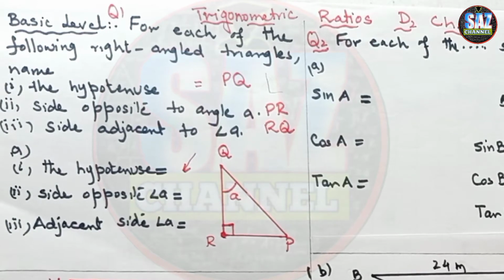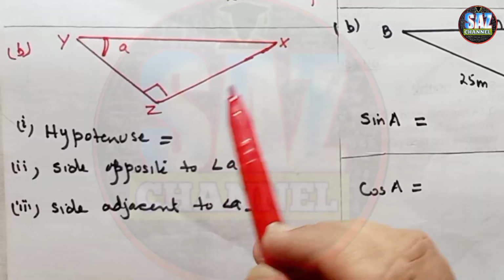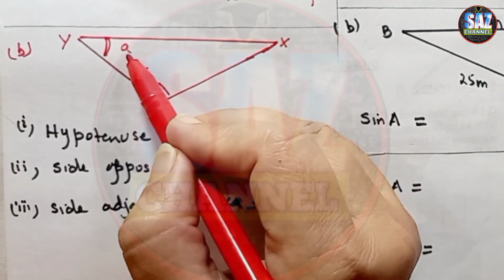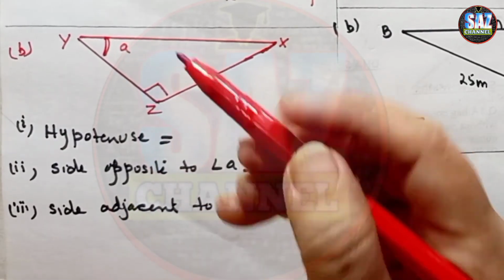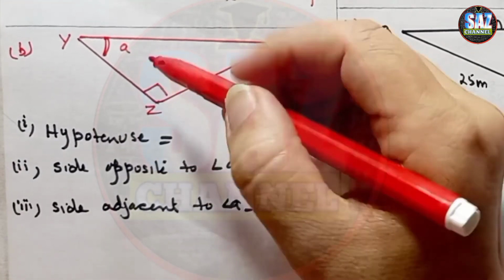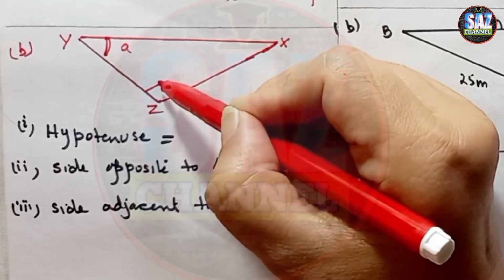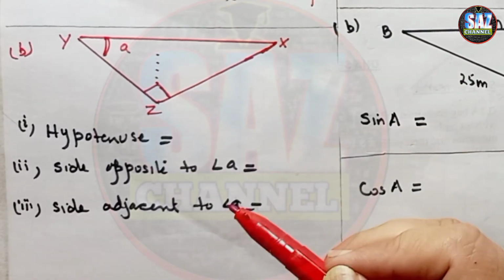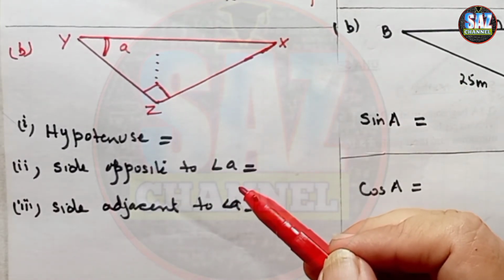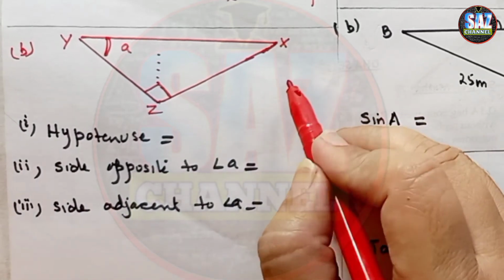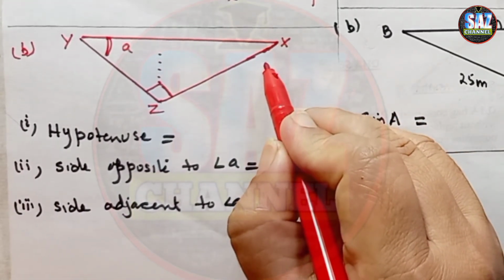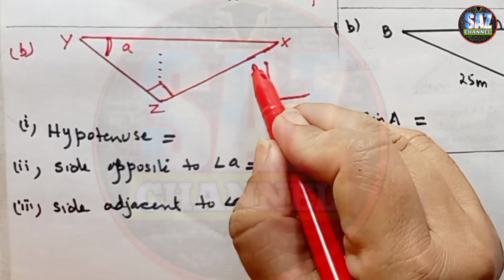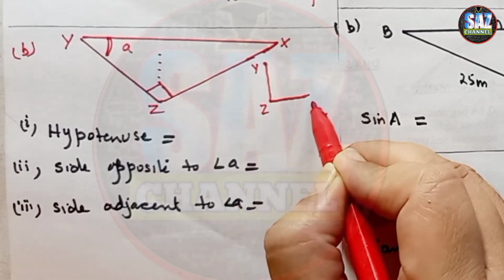Coming to the B part of the question, the triangle which is given to us is XYZ, and here again the reference angle is an acute angle. Now keep one thing in mind, that this is the place for the 90-degree angle, and the side which is opposite to this will always be the longest side, and it will be the hypotenuse. Now identify two sides which are at the formation of L. These two sides are at the formation of L, and they have the vertices Y, Z and X.